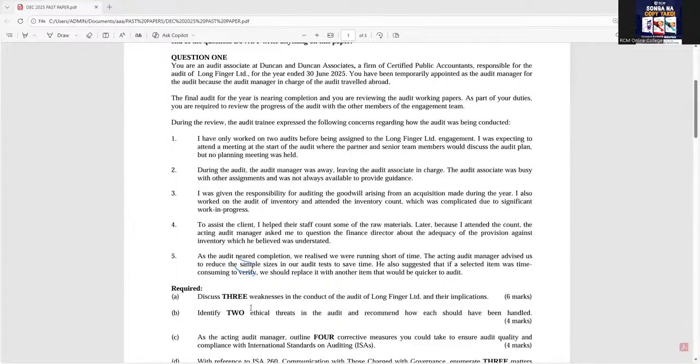Then also make sure that when you give your answer, the very first point you give is actually the main point. For example, if you say discuss 3 weaknesses, we've already seen that planning was a problem. The first thing that must be seen in your answer 1 is lack of planning. Lack of planning was a weakness. Then you can elaborate on it, how this lack of planning was occurring. There was no initial meeting that was conducted before this engagement commenced. So make sure you do that.